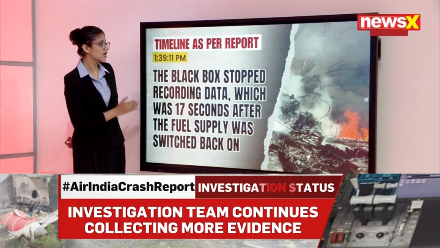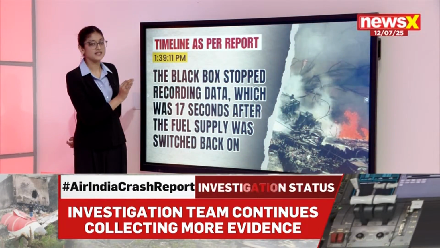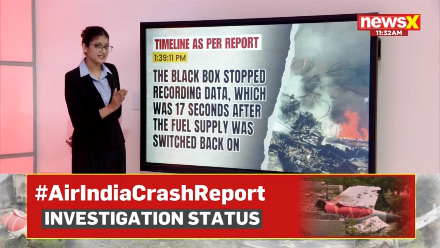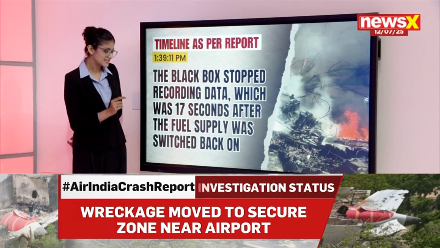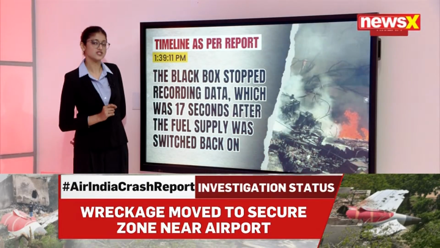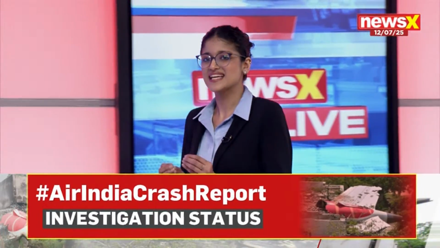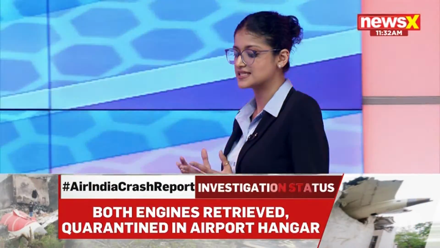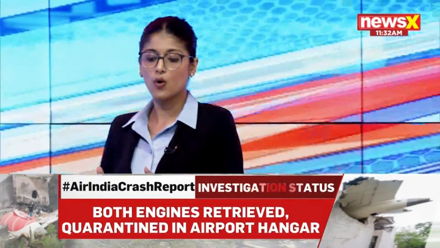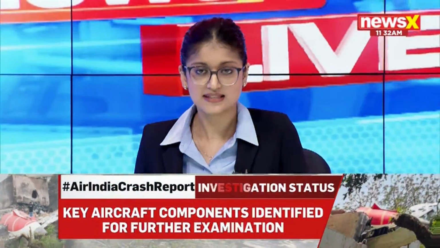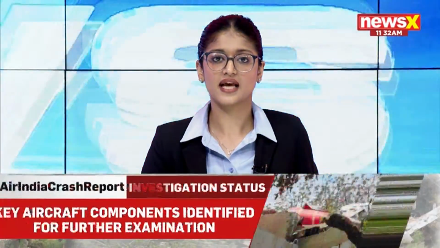Now, at 1:39:11 the black box stopped recording data, which was 17 seconds after the fuel supply was switched back on. So, a mere matter of seconds between all of these things taking place on board the aircraft, which becomes very significant as we of course track the reasons that led to this tragic